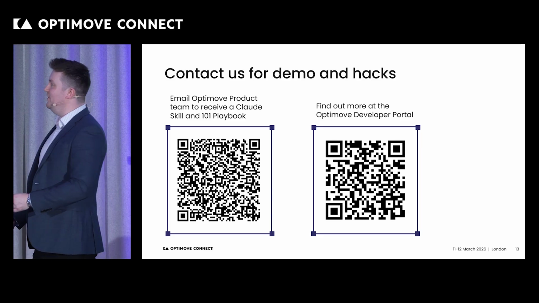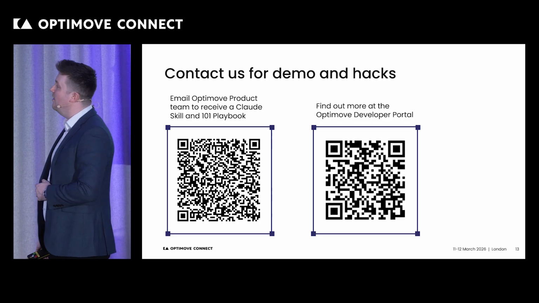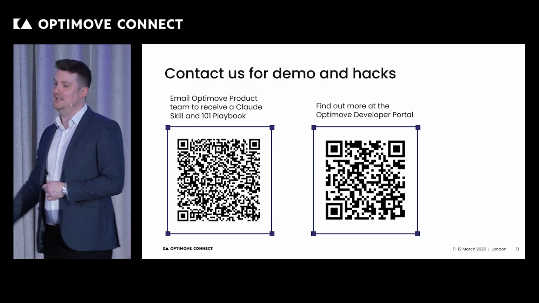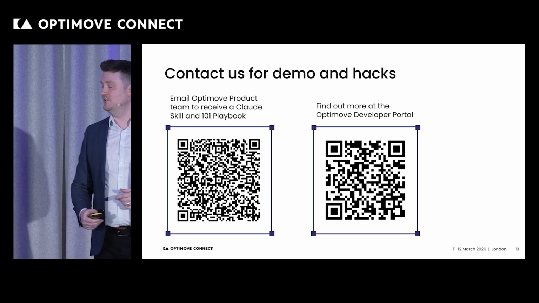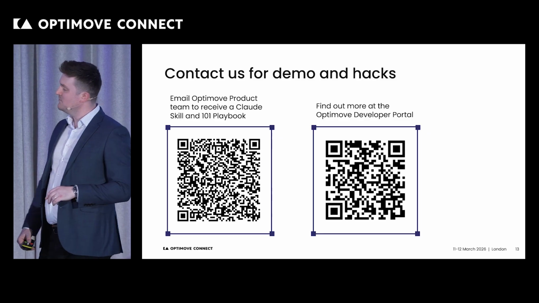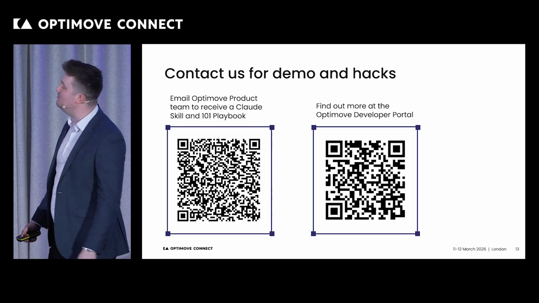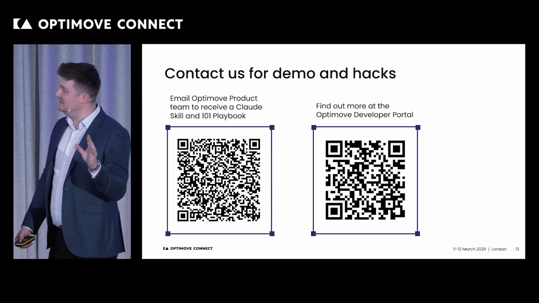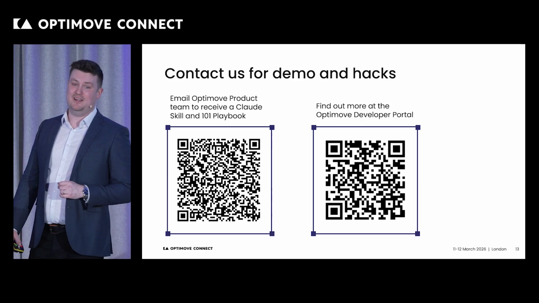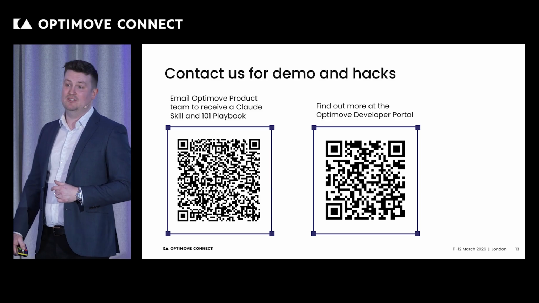I promised you some QR codes. So if anybody has any particularly technical questions about the data inside Optimove Data Share, I would recommend that you check out the developer portal. It's got a great amount of stuff in there about the different ways that you might want to interact with it, how you get started, some of the restrictions on reader accounts and things. Any more technical questions or provisioning information, you can definitely reach out to Ben and the team. As I mentioned, he did produce that Looker dashboard that we saw earlier using a Claude skill. He's more than happy just to share that with you guys. He can also give you a one-on-one playbook on getting started and really just hit the ground running.